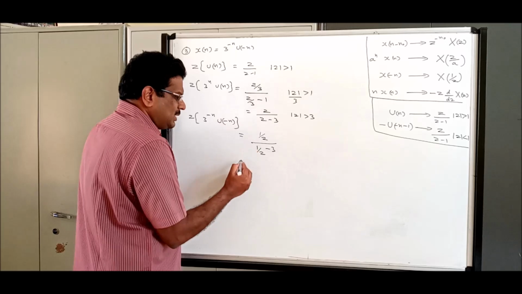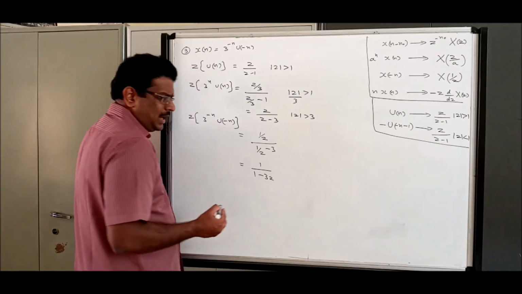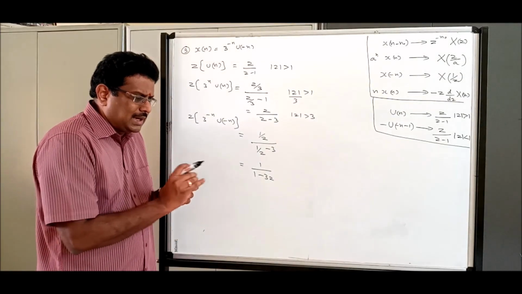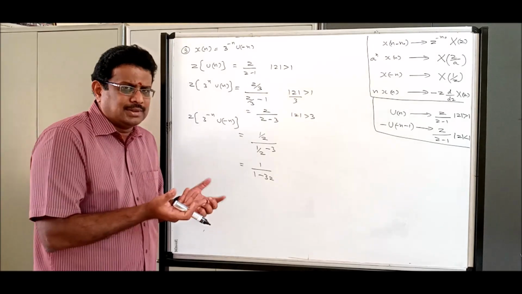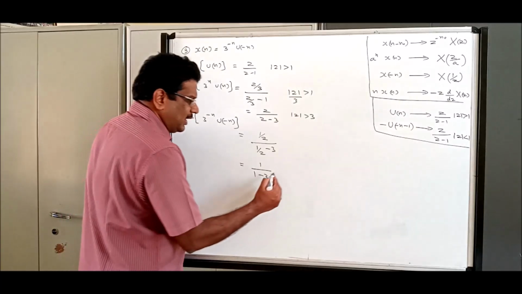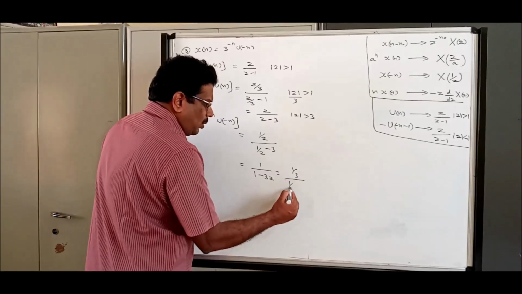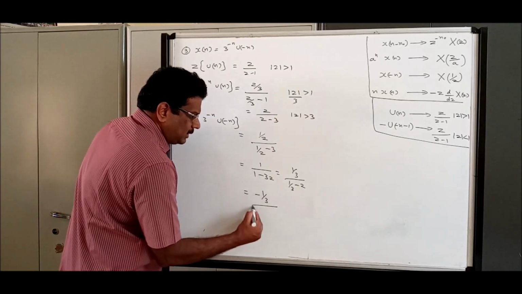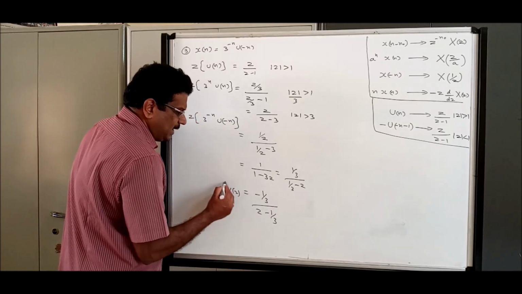Now let us do some more simplification. Multiply by z: 1 by 1 minus 3z. Always the denominator must be in a format. What is the format? z minus a or z plus c. This is the basic format because it makes finding the poles easy. So some more modifications: divide everywhere by 3. 1 by 3, 1 by 3 minus z. Shuffle: minus 1 by 3 divided by z minus 1 by 3. This is the final result.